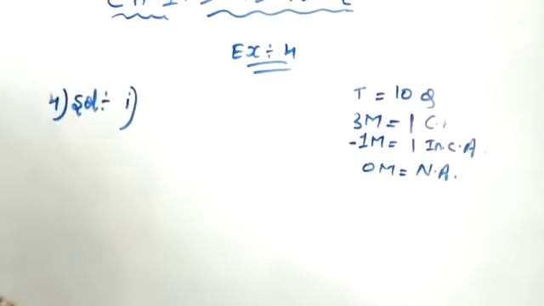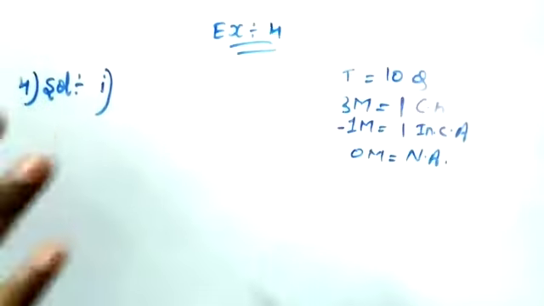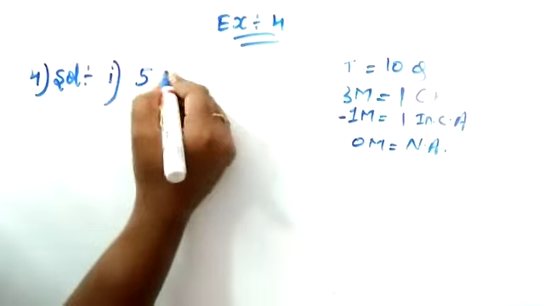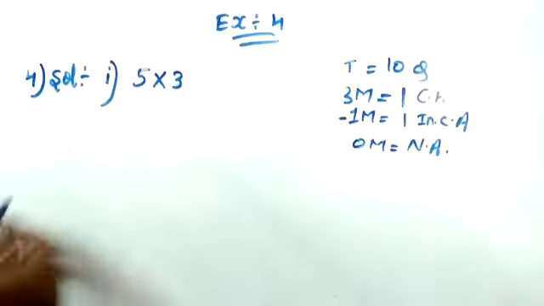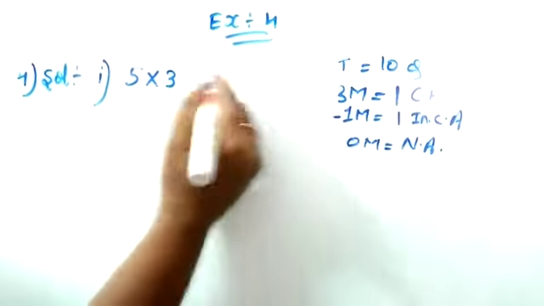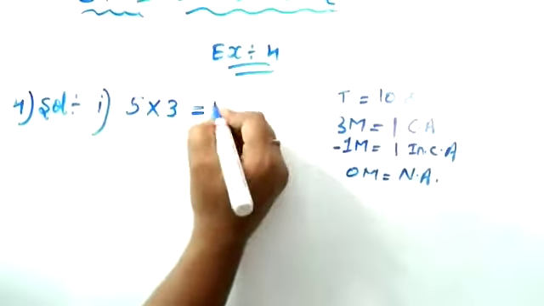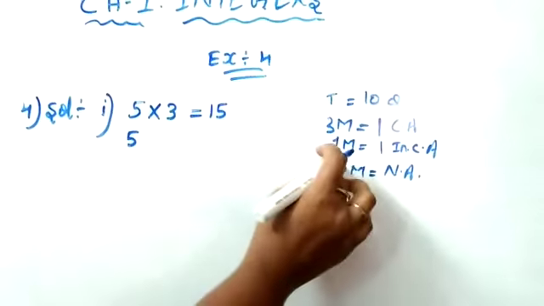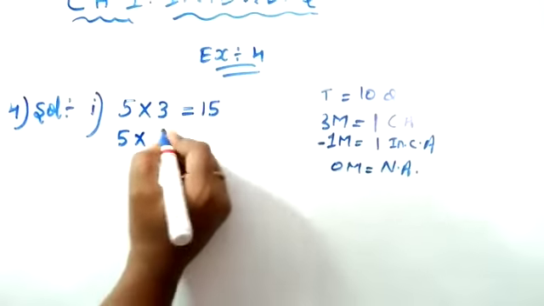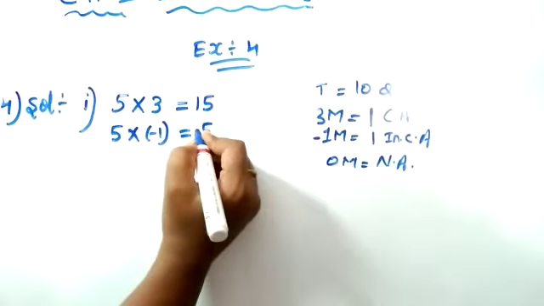Now what is his score? Here you can see he attempted a total of 10 questions. But in that, 5 questions are correct. For correct, how many marks are they giving? 3 marks for a correct answer. And 5 questions are incorrect. So 15 marks you got for correct. Now next, 5 are incorrect. Incorrect means how many marks are they deducting? Minus 1. You need to multiply with minus 1. Now 5 ones are 5 and here you can see the negative sign is minus.